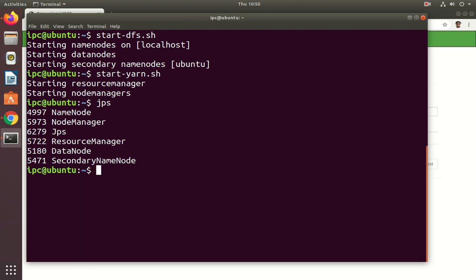First, hadoop fs hyphen, I am going to create a directory by using the mkdir command. Under the root directory, my directory name is, for example, first.